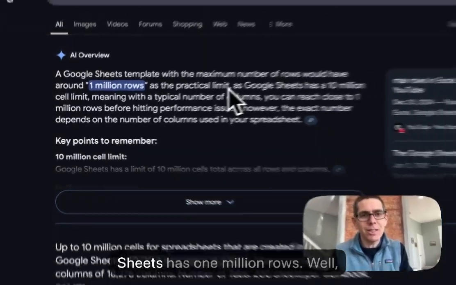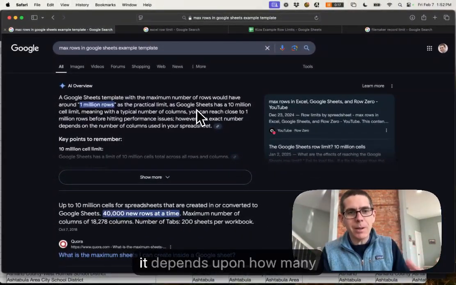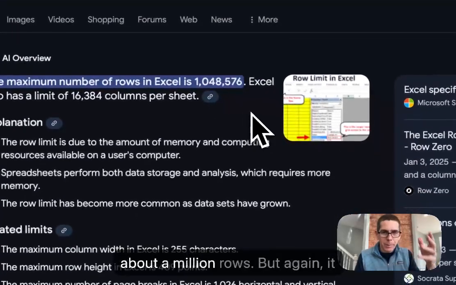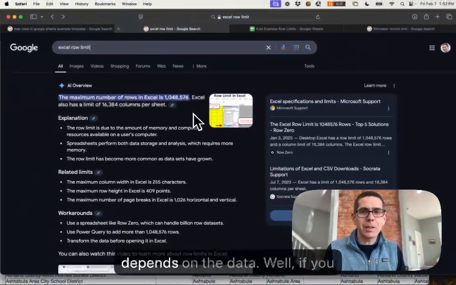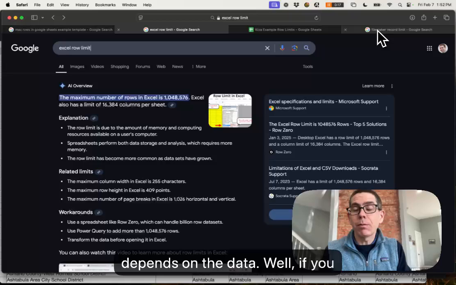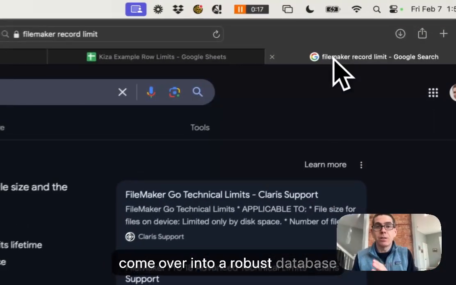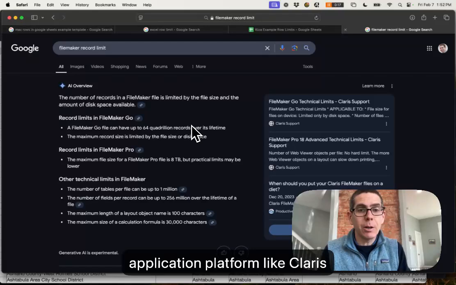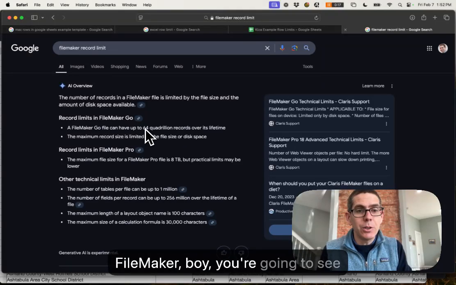Okay, so Google Sheets has 1 million rows. Well, it depends upon how many columns you have. And Excel has about 1 million rows. Again, it depends on the data. Well, if you come over into a robust database application platform like Claris FileMaker, boy, you're going to see that